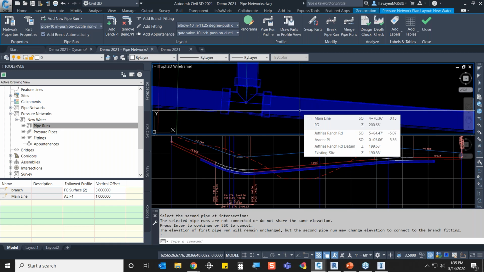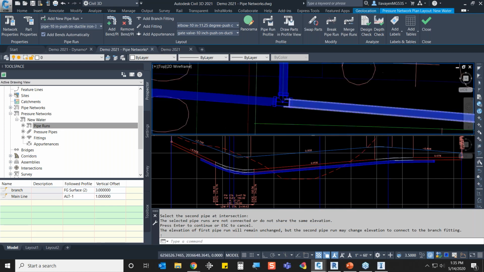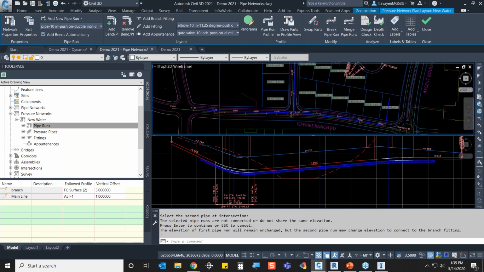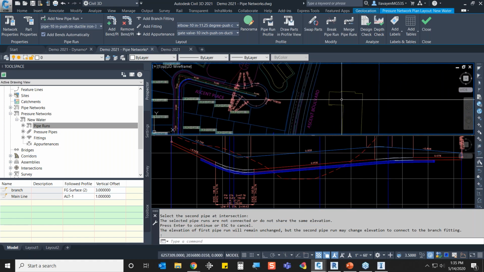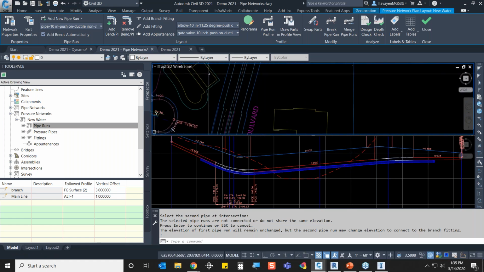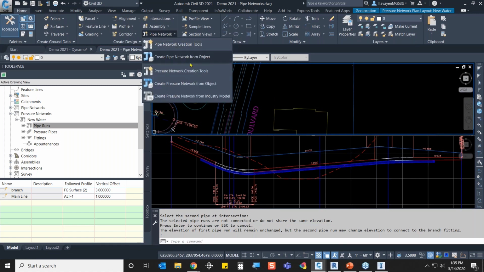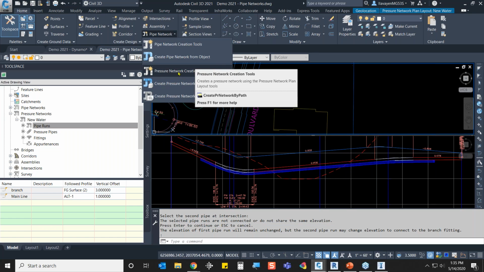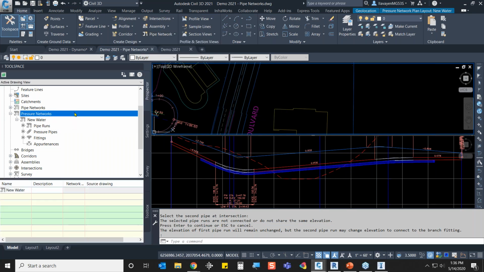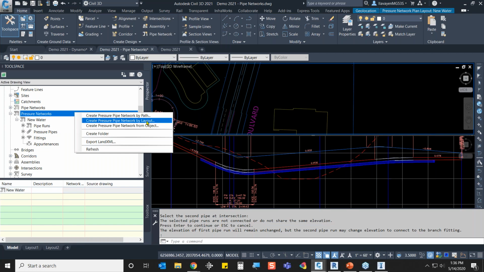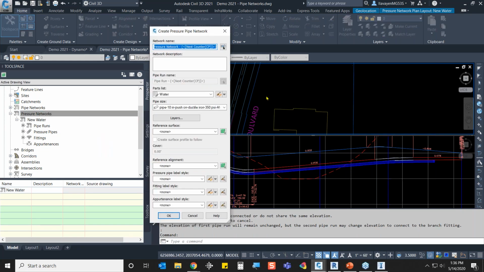Now, this awesome behavior can be added to our old pipe networks. It is possible to do that. So as I look at maybe a classic pipe network that was created, I'm going to go over here and just lay something down by hand and see how this would work out. Just the classic layout, pre-2021, we just had the option of creating a pipe network just by hand, just laying something out. It is an option. It still exists here by layout, see it? And I'm going to say old method,